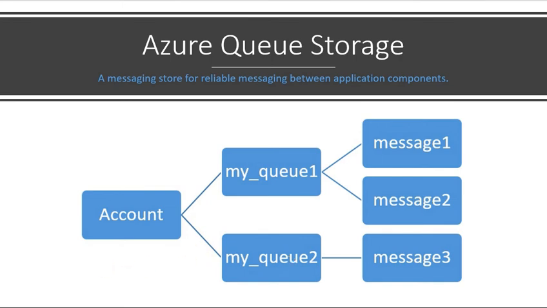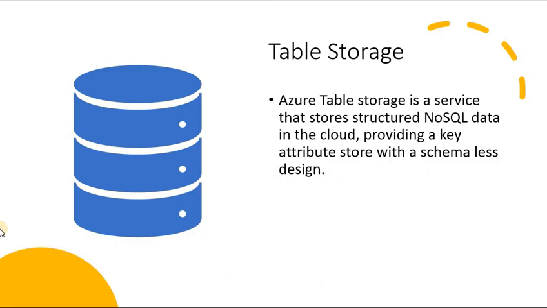Let's talk about Azure Table Storage. Azure Table Storage service stores structured NoSQL data. It is schemaless, that is, the data does not have a fixed structure. You can easily store data sets that do not require any joins or foreign keys. You can denormalize them for quicker access, and you can scale up the tables based on your requirements.